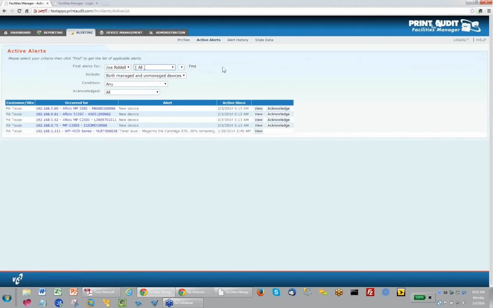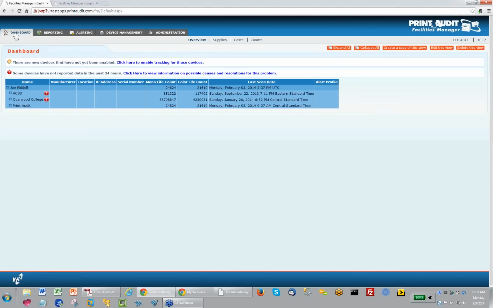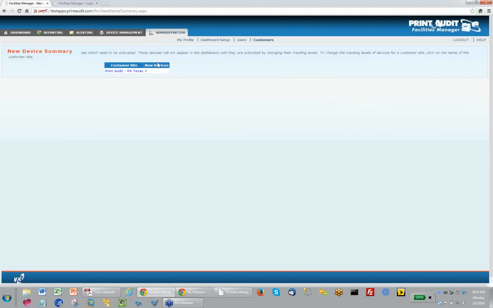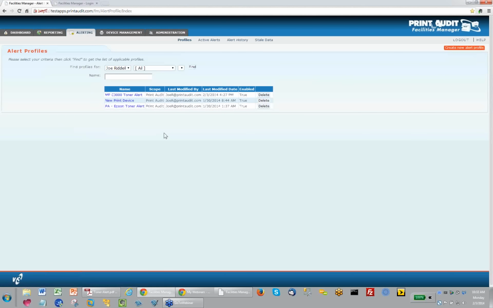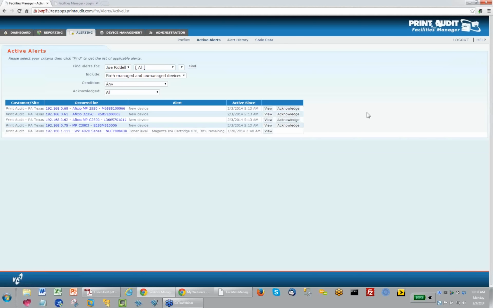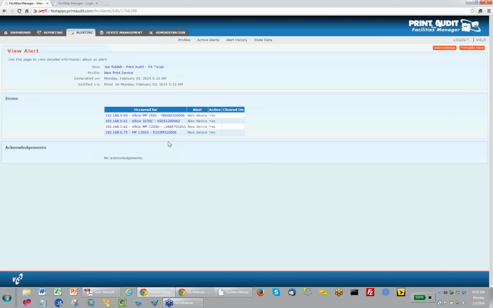Again, I can filter by all of them, or I can filter down to a specific location, and to be honest with you, I'm only looking at Print Audit, so that's all that we're going to see right now. Notice that I have an alert that there's a new device. That's a pretty nice one because instead of actually going to your dashboard and seeing this and looking that there's 4 new devices, I can do that directly from alerting, and maybe that alert might go to the salesperson at that particular customer, and they could choose whether they want to track the device or not, and they can view the alert. So here's new devices, okay,